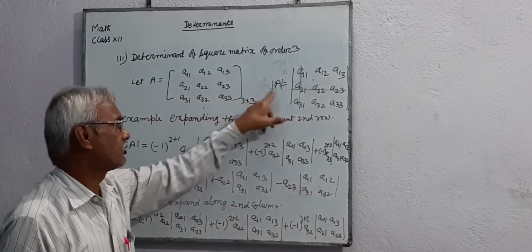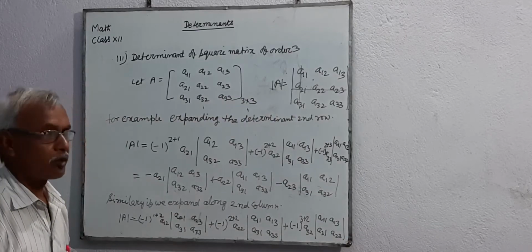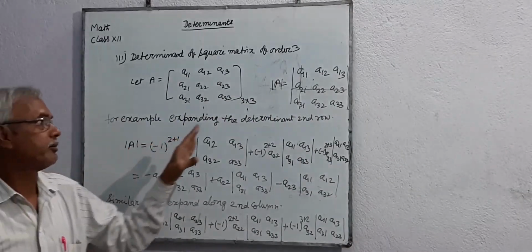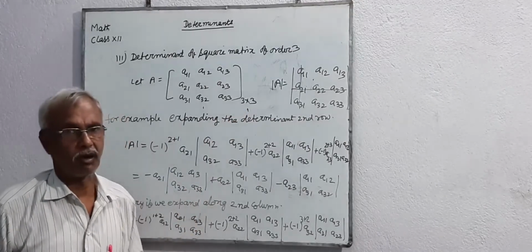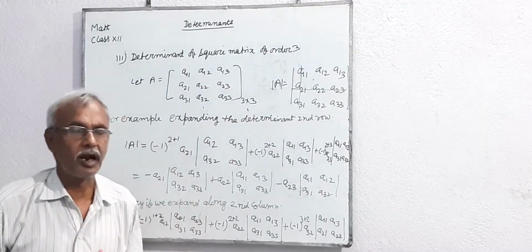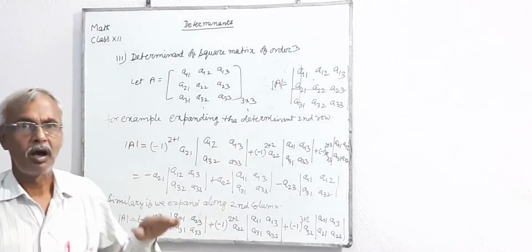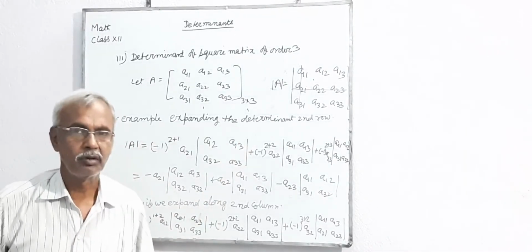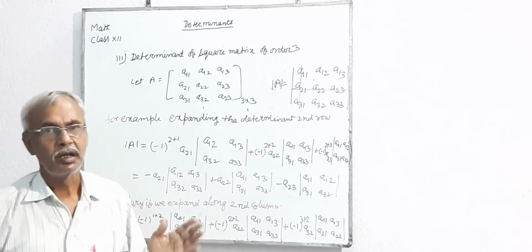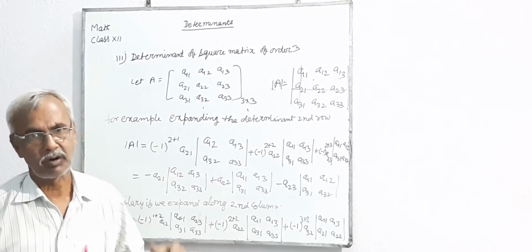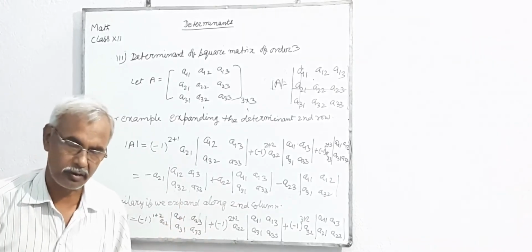Find the determinant of A taking any row or any column. In a 3rd order determinant, there are 3 rows and 3 columns. Hence, we can find the determinant of A in 6 ways: taking along the first row, second row, third row, otherwise taking along the first column, second column, or third column.